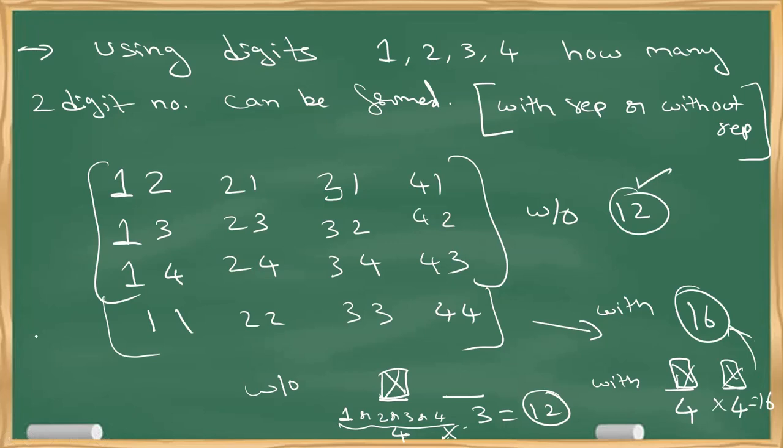But if you want to try with a formula, for this question the formula might work. The formula is nPr, that is nothing but 4P2, which is 4 into 3, that is 12. This is without repetition. And n power r is with repetition, that is 4 square. But the formula might not work for each and every problem. So hope you are clear with the concept. If you have any issues, you can just comment. Okay. Now,